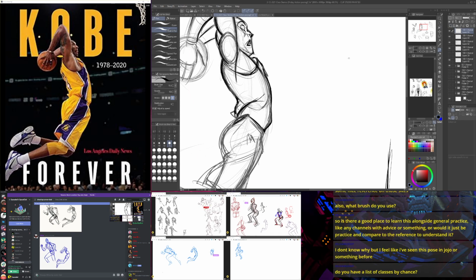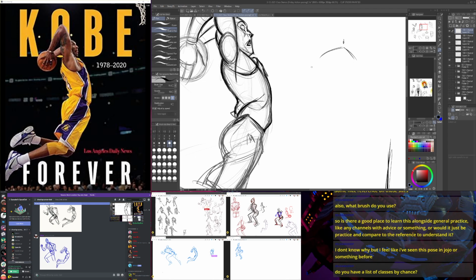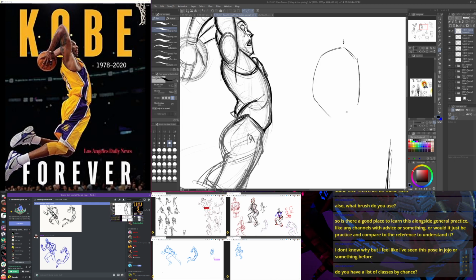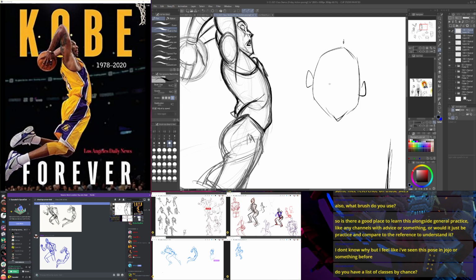So Kobe's got this going on. He's got kind of a point to his head. He's got a big face. He's got a rounded, pointed jaw, and he's got these ears that do this. He's got a big, happy smile.